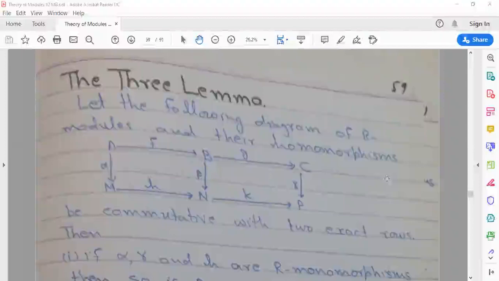Today is our lecture number 22. We have studied Lemma 3. Lemma 3 states: let the following diagram of R modules and their homomorphisms. We have already studied what a homomorphism is. Here we have